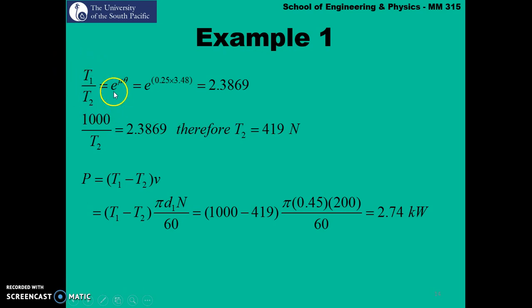Now, we know our tension ratio T1 over T2 equals e to the power mu theta. The coefficient of friction is 0.25 and the lap angle is 3.48, so we get the tension ratio T1 over T2 as 2.38. T1, the maximum tension on the tight side, was given as 1000, so 1000 divided by T2 equals this, and we get T2 as 419 newtons. Finally, power is T1 minus T2 times V, so T1 minus T2 times pi d n upon 60. The tension on the tight side T1 was 1000,